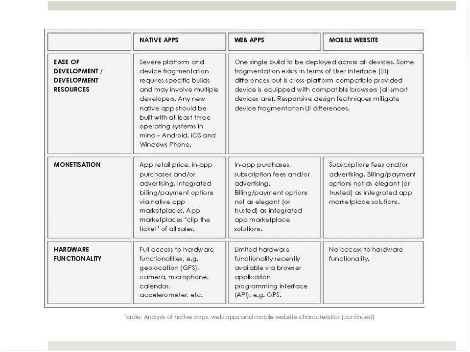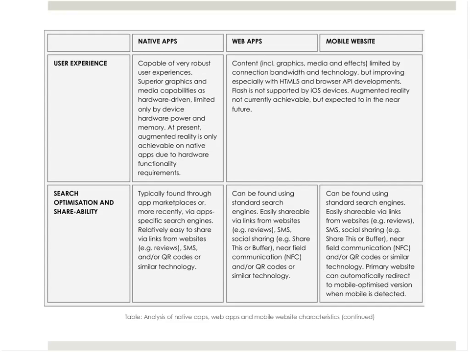Another thing to point out, perhaps, about the difference between native apps, web apps and mobile websites is that an app installed on your phone allows you to use other functions of your phone. For example, GPS locations, using the camera, the microphone, calendar functions. This is not achievable via a straightforward mobile or responsive website. However, we're seeing very clever people doing great new things with web apps that have the ability to tap into some of the phone hardware functionalities. My guess is as we go along in time, we'll see more and more of this happening.